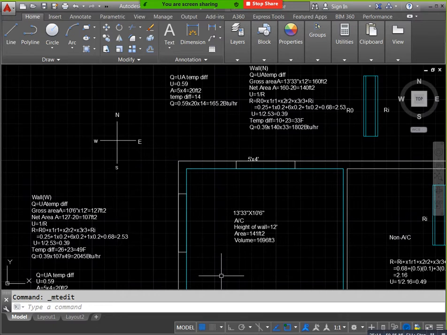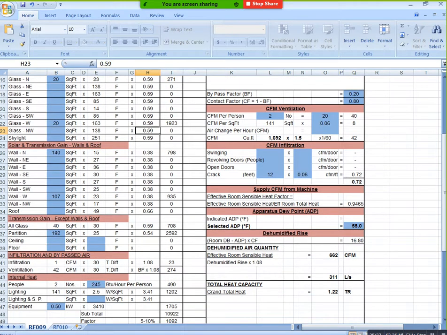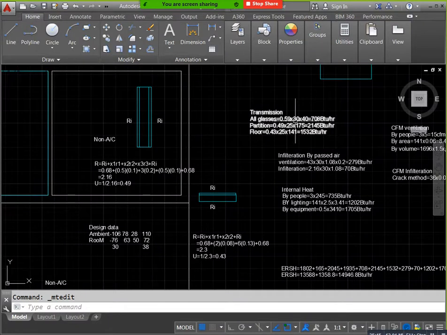Transmission, okay, 40, 30 into 0.59. Next here we have 709. Next here we have 0.49, 175, or partition area 175, at the same time floor area 141. Now you can go partition area 141 square feet, floor area 141, partition you can mention 175, your partition area. Now you can mention 25. At the same time, how much did we get here? 0.49. If you need, you can check here. Here we calculated 0.43, you can mention here 0.43.